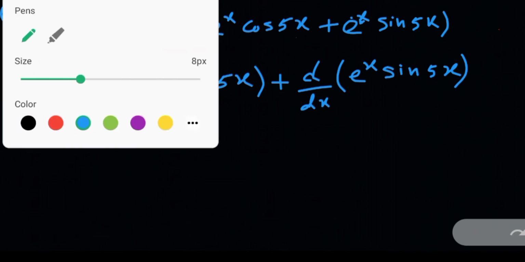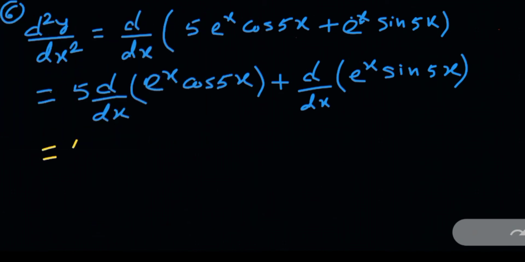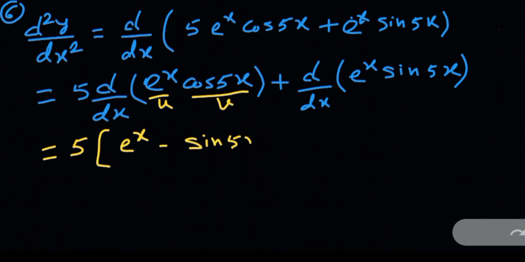Now I will differentiate. Here also you will use the u into v formula. This is your u, this is your v. So I am writing u as it is, then the derivative of v. The derivative of cos 5x will be minus sin 5x. Okay, and then the derivative of 5x with respect to x will be 5. So I am writing minus 5